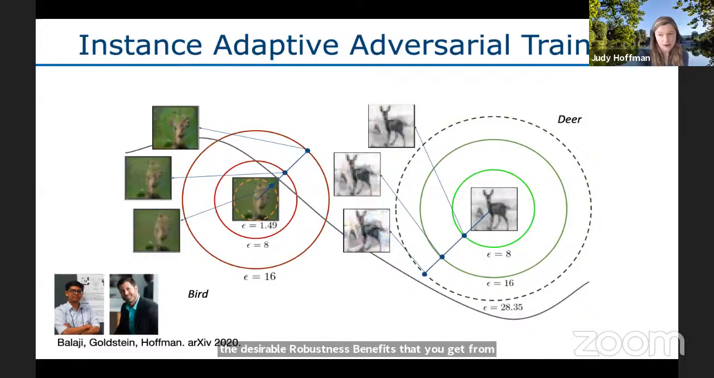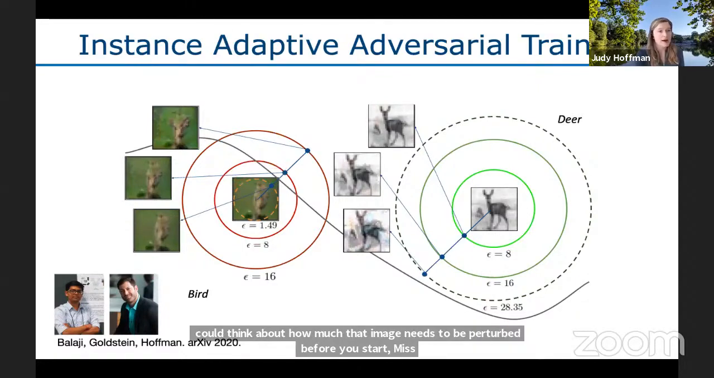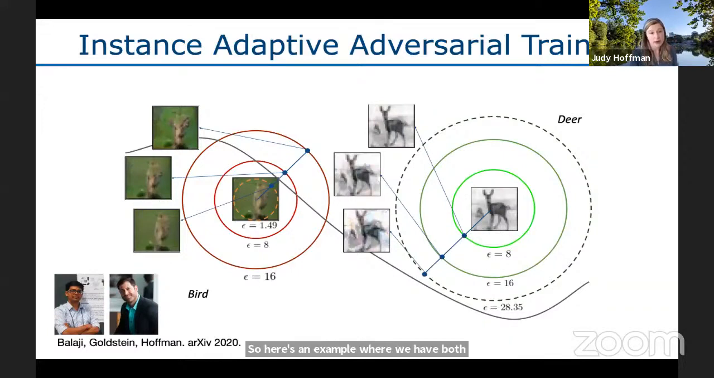But for the purpose of this talk, the key piece that I want to point out is just that when you are thinking about the reliability of particular instances, one way in which you could measure this is you could think about how much that image needs to be perturbed before you start misclassifying it. So here's an example where we have both an instance on the left here, which doesn't need to be perturbed very much before it starts to be misclassified, and an image on the right that needs to be perturbed really more significantly than even is usually done inside adversarial training with an epsilon of 28 before it starts to be